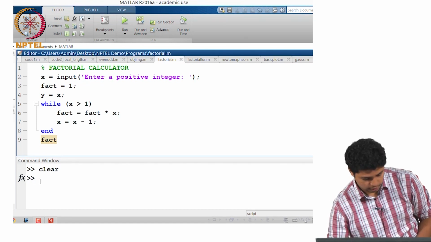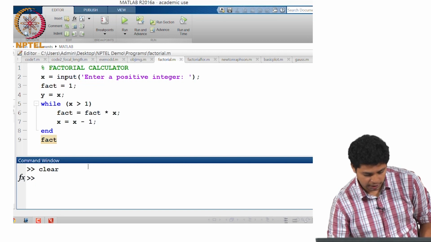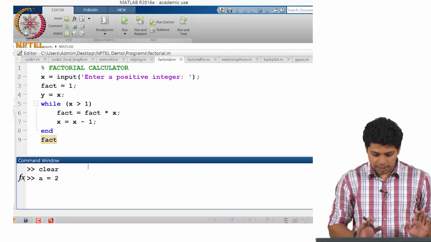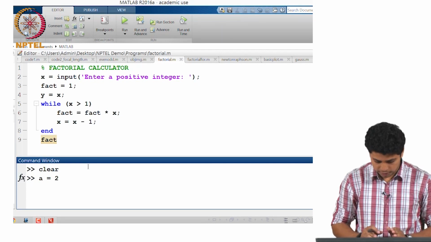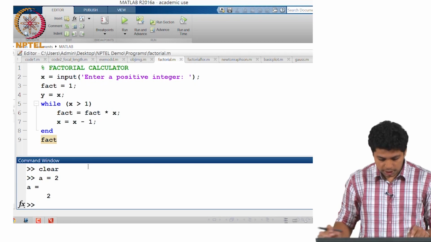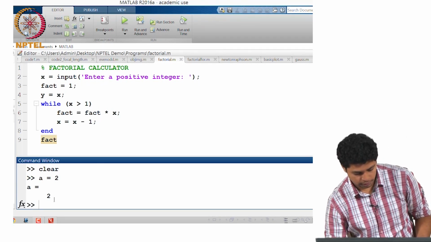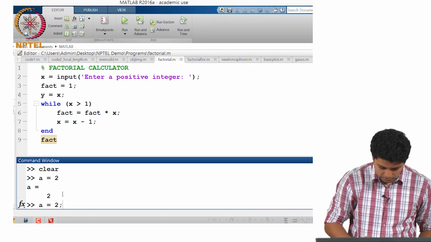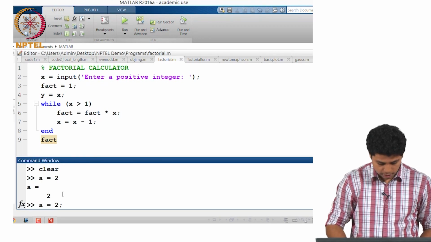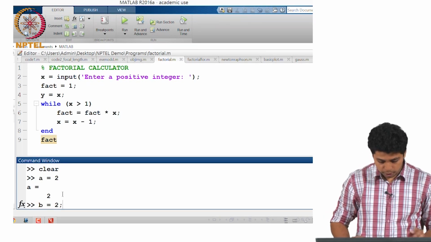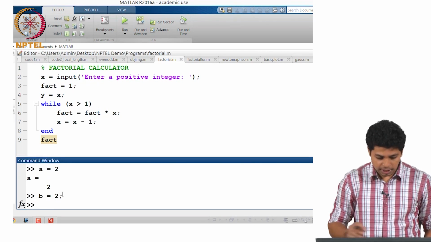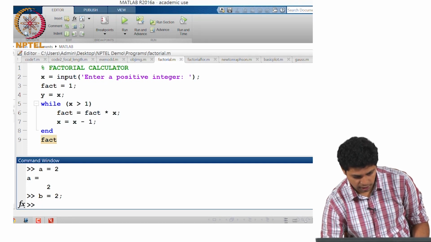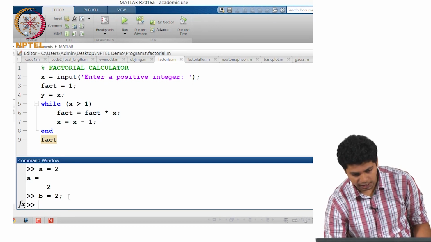Now what I mean when I say that the semicolon is not mandatory is, let's say I use a variable a and I give it a value of 2, and I do not put a semicolon at the end of it. What happens is, in the command window, it just says a equals 2 again. But if I put a equals 2 and then a semicolon, or let's say we'll use another variable here, b, and we put b equals 2 and put a semicolon at the end of it, then it does store the value of 2 inside b, as we can see in the workspace, but it doesn't display. That is what the difference is.